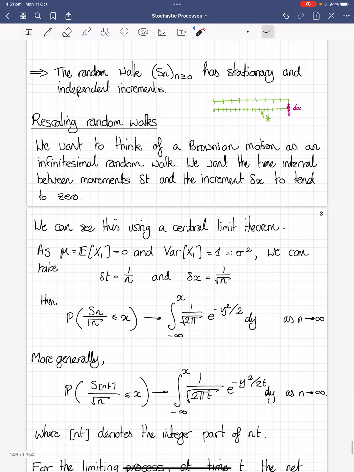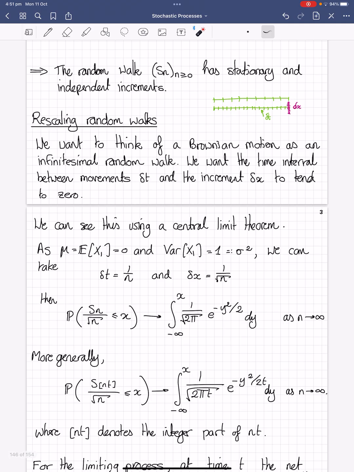Now, using the central limit theorem, we can already start to explore what happens. As we know, the mean of the spatial increments is equal to 0, and the variance of these increments is equal to 1, which we take to be just sigma squared. If we take delta t to be 1 over n and delta x to be 1 over the square root of n, then as n goes to